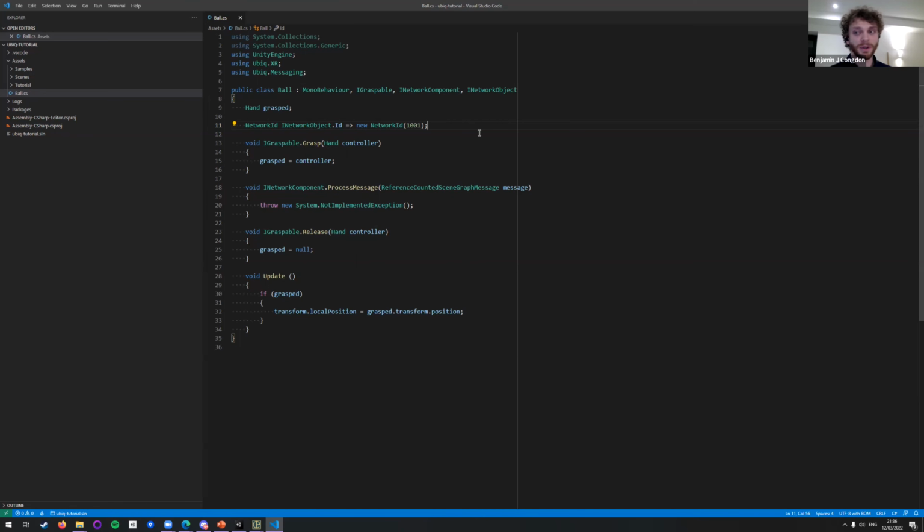So we provide a spawner class that's capable of creating objects at runtime and assigning new random IDs, which is usually a much better approach. But for the purposes of this tutorial, the static ID will work because we know it's unique. So we'll add